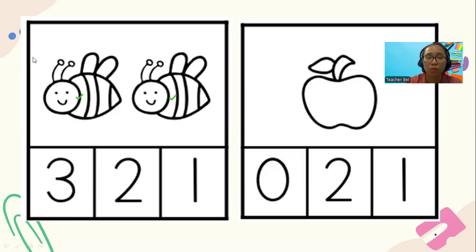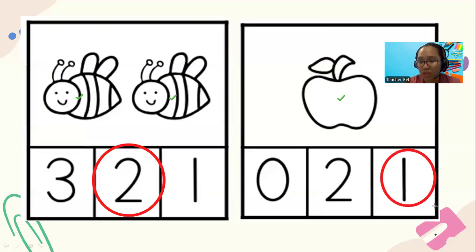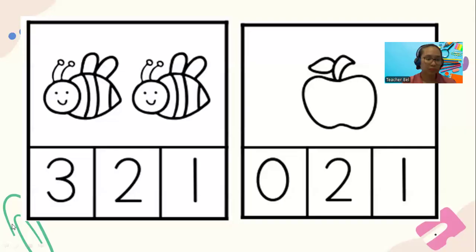Where's number 2? We get to circle our number 2. This is the number 2. You remember we counted already before in our counting. Then we also follow counting the items on the screen. So we have two bees. Let's go to the next one. How many apples? There's only one. Where is your number 1? Number 1 is this one. Good job if you answered with me. Let's move on to the next.